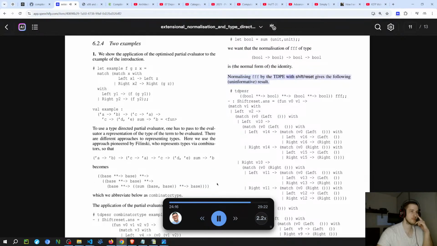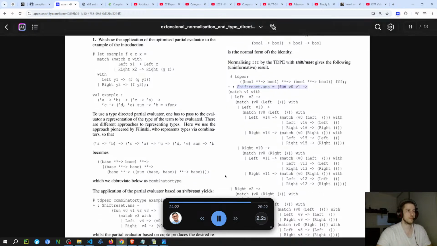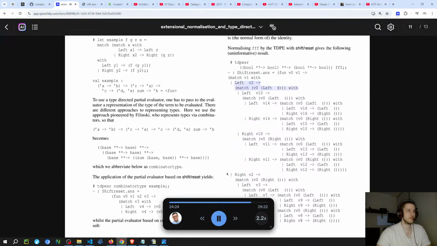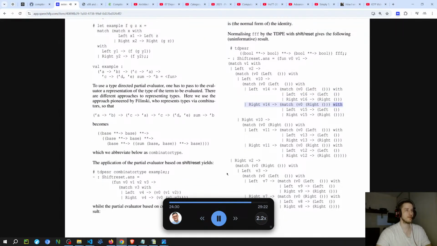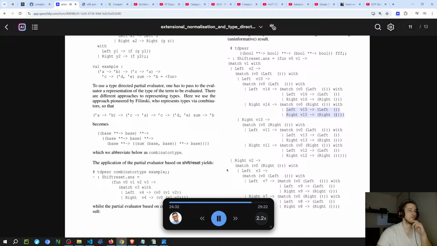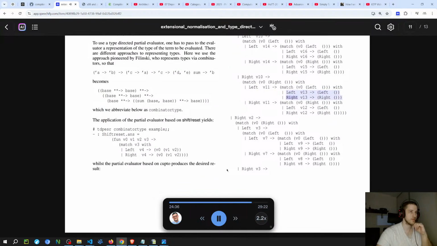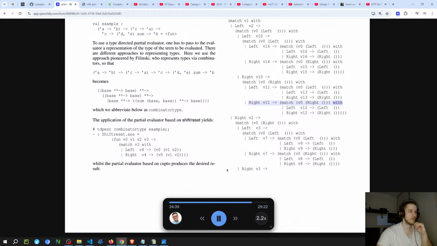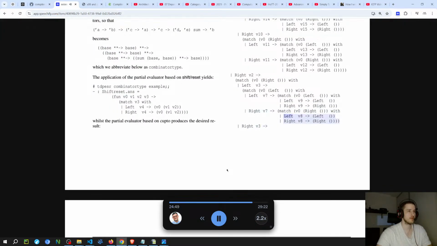Normalizing ff by the TDPE with shift reset gives the following uninformative result. #TDPS bool greater than bool ff. Shift reset dot ans equal to fun v0 v1 greater than match v1 with left v2 greater than match v0 left with left v10 greater than match v0 left with left v14 greater than match v0 left with left v16 greater than left right v16 greater than right right v14 greater than match v0 right with left v15 greater than left right v15 greater than right right v10 greater than match v0 right with left v11 greater than match v0 left with left v13 greater than left right v13 greater than right right v11 greater than match v0 right with left v12 greater than left right v12 greater than right v2 greater than match v0 right with left v3 greater than match v0 left with left v7 greater than match v0 left with left v9 greater than left right v9 greater than right right v7 match v0 right with right v3 greater than left v8 greater than left right v8 greater than right